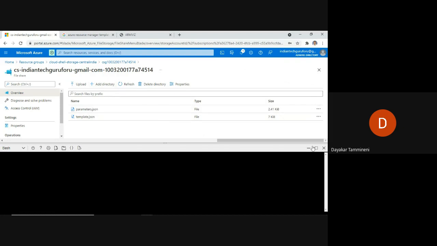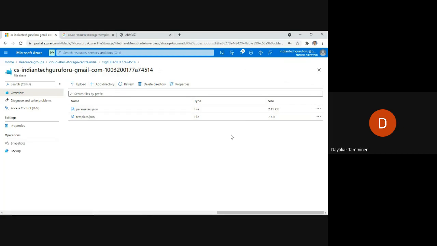The next topic we'll be working with is virtual machine scale set. So why do we need scale sets? What is meant by scalability?